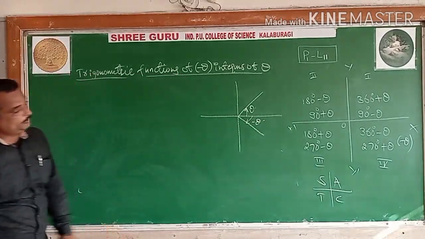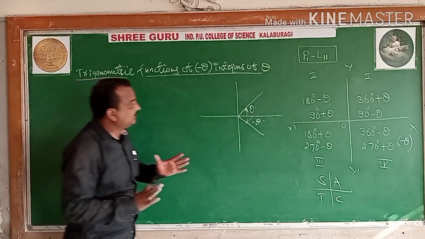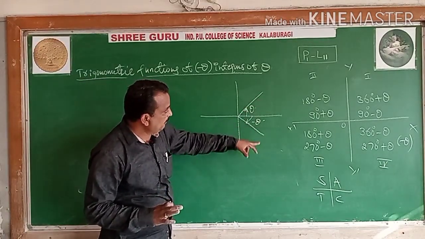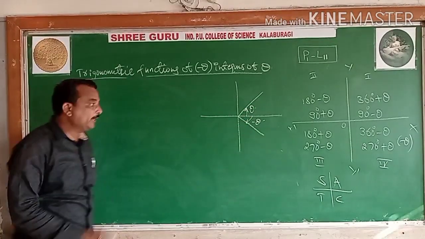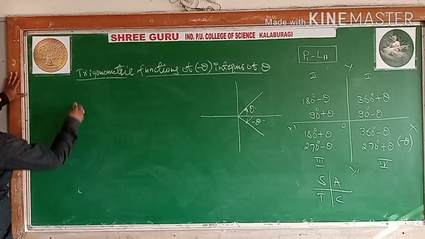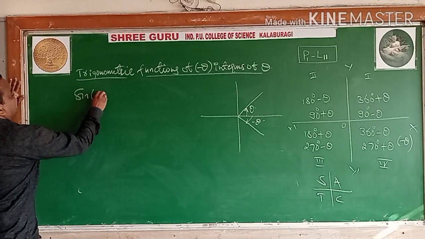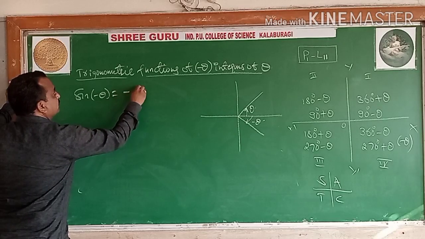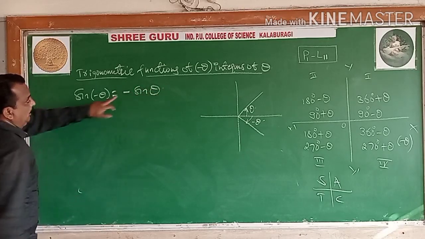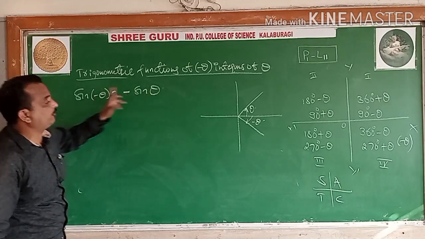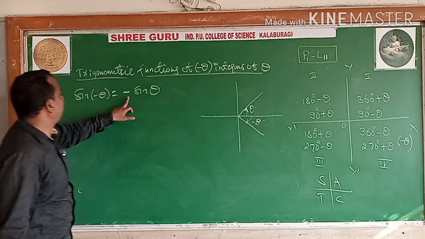Only equal in magnitude, opposite in direction, like that. So the same, but the negative angle is in the fourth quadrant, clockwise. See, sine of minus theta, no change, it is... Why have I written a negative sign? It is in the fourth quadrant. In the fourth quadrant, sine is negative.